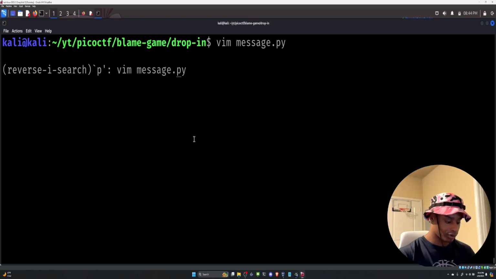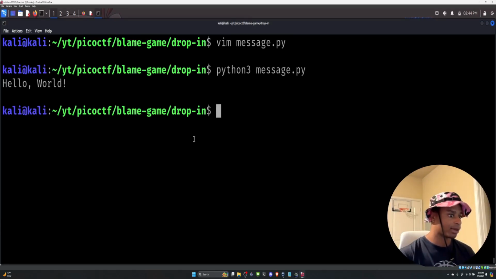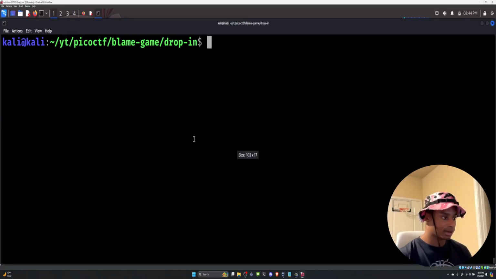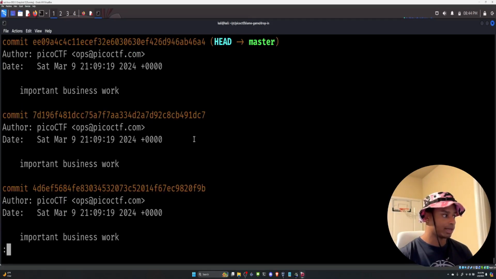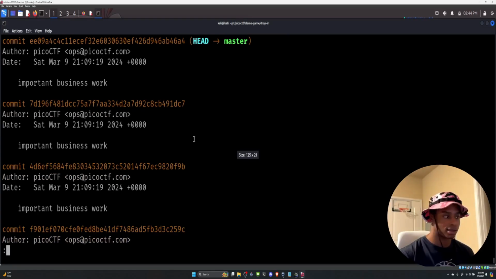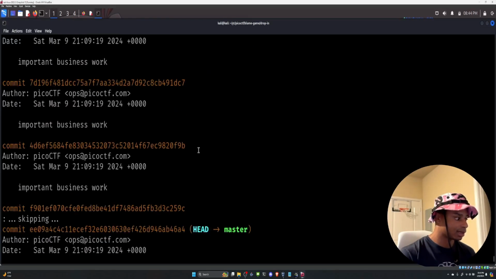Control R to reverse search. Now we run Python on that script. It does print it out just fine. Let's once again run a git log and look at the different commits that were made. We see that it's a lot,